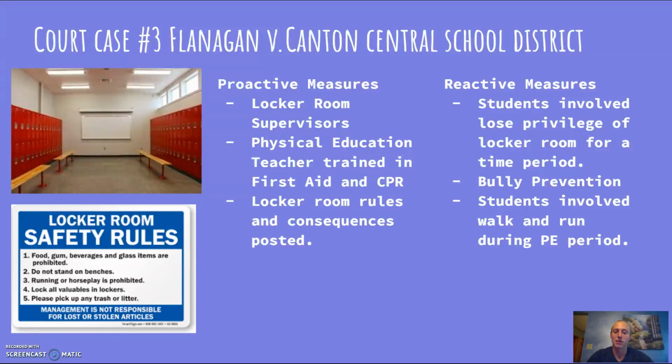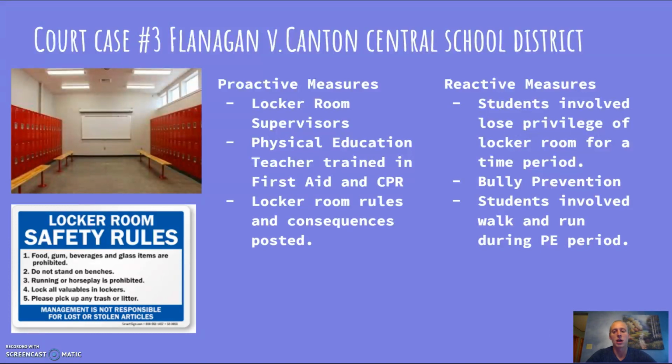I am, just in case anything ever happens, that I can be the first responder and do what I can to help the situation, because the student was injured very badly from this fight. Also, just put up locker room rules and have consequences posted so students aren't even thinking about doing anything mischievous inside the locker room. It helps. I have signs up in my room, in my gymnasium and in the locker rooms, and I've never had too